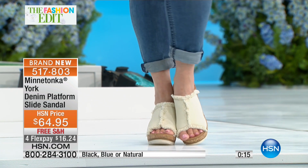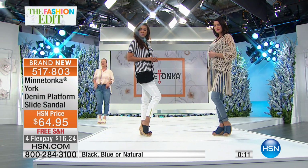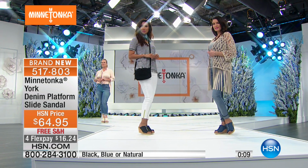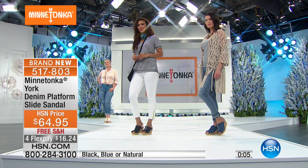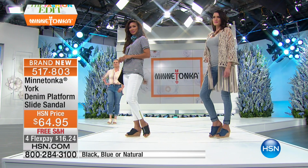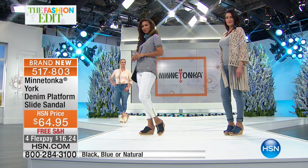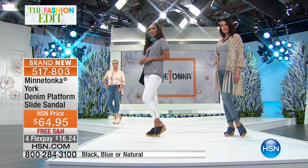So, gosh. If you're having a hard time deciding, which I hope you're not, because with everyone on the line, we have just north of 1,000 of these to go around, and that's across all of the sizes. Maybe think about the denim, because that is really super fun. I love the idea of wearing the denim on denim. If you're a jeans girl, grab the denim. Otherwise, there's the black. Otherwise, you have that